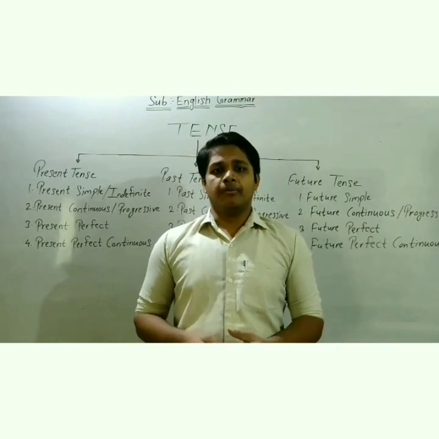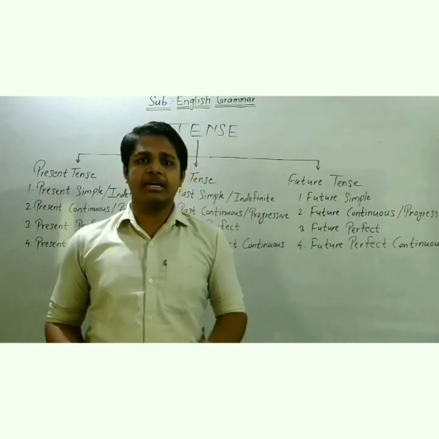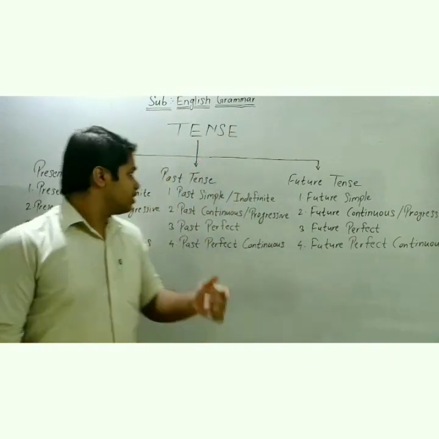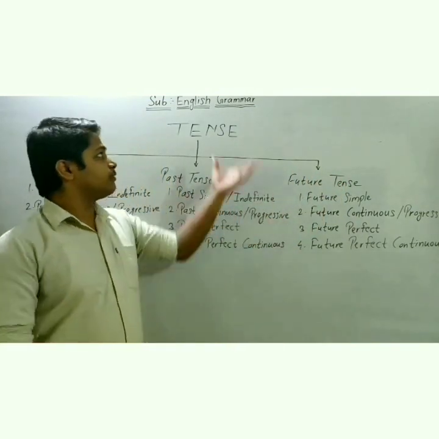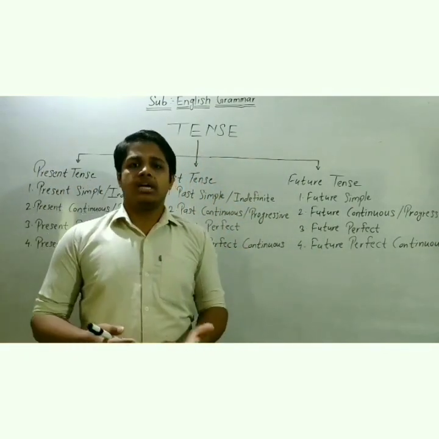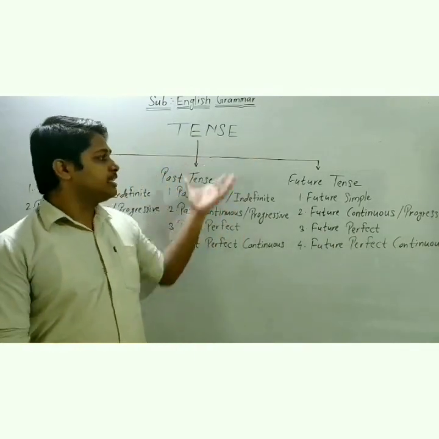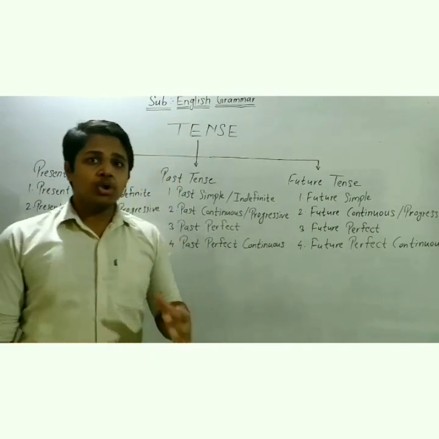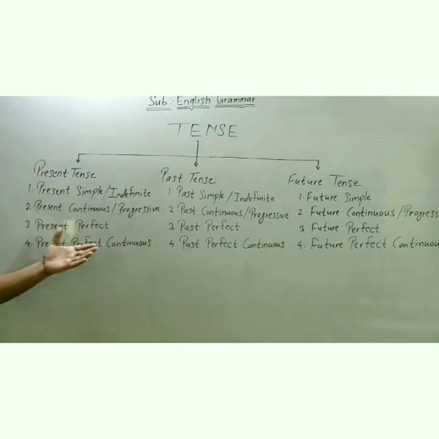Today we are seeing the basic concept of English grammar, and the most important chapter of English grammar is nothing but tense. And these tenses have three types: present tense, past tense, and future tense. This is the basic concept of English grammar, because this chapter is a base for all the standards. It's not only about the 10th standard, but from 5th to 10th. If we easily understand this concept, then we can easily learn English and write English also. So today we are starting the types of tense.